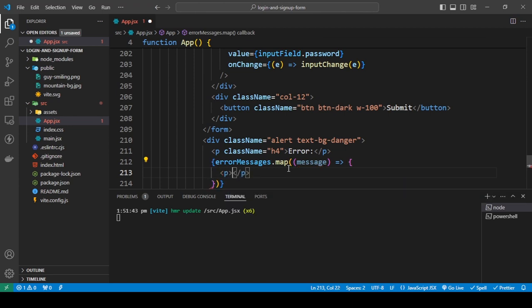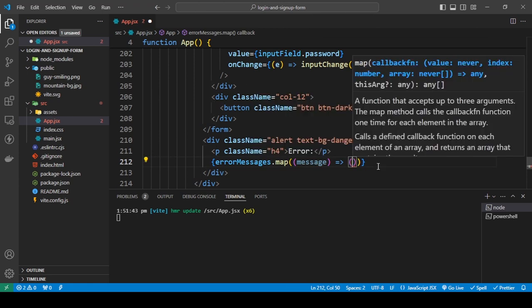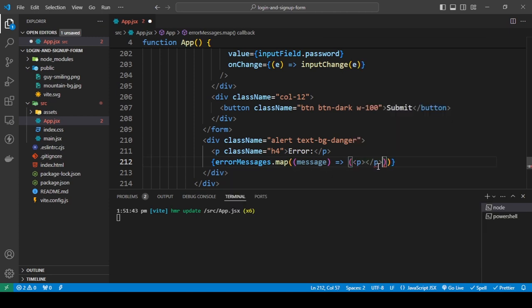So I'm gonna use a p. Actually, you know what, since I'm just gonna be returning this, I'm just gonna make it even shorter. So just this, and do that, the message should be displayed,